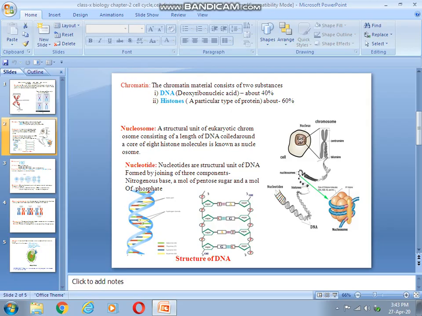This core of 8 histone molecule is surrounded by DNA molecule, and this structure is called nucleosome. That means nucleosome is a structural unit of eukaryotic chromosome. Obviously eukaryotic, because it cannot be seen in prokaryotic cell because the structure is very primitive. So, a structural unit of eukaryotic